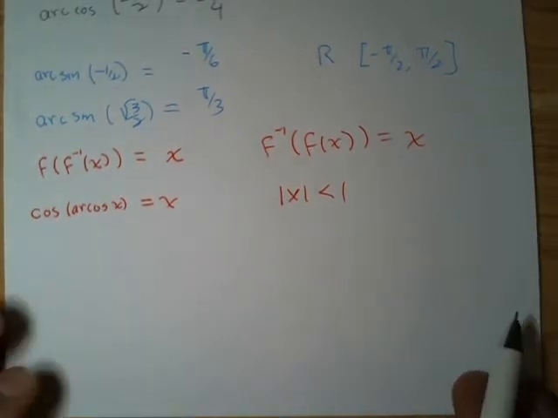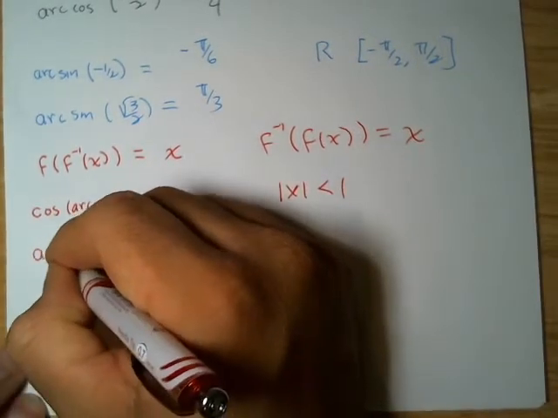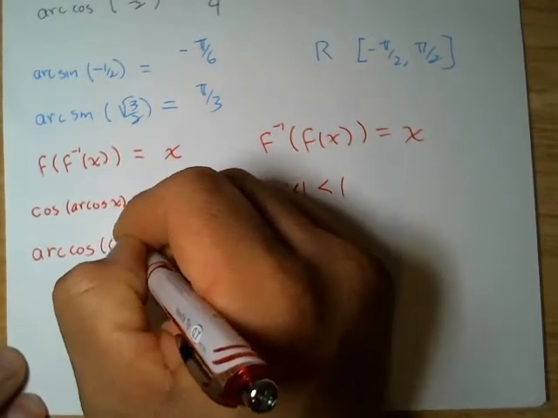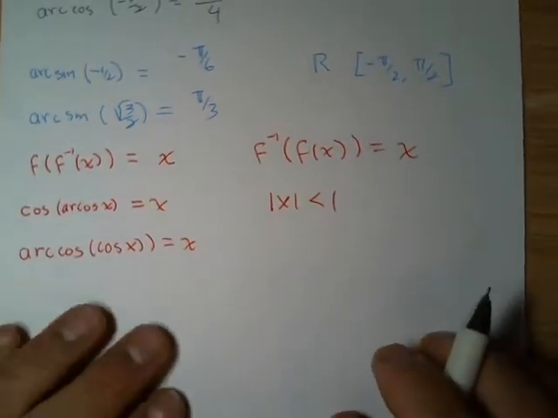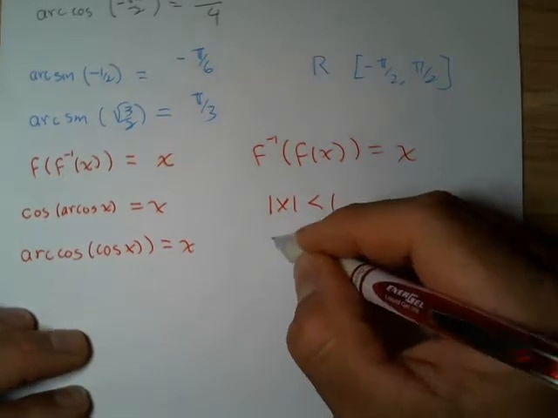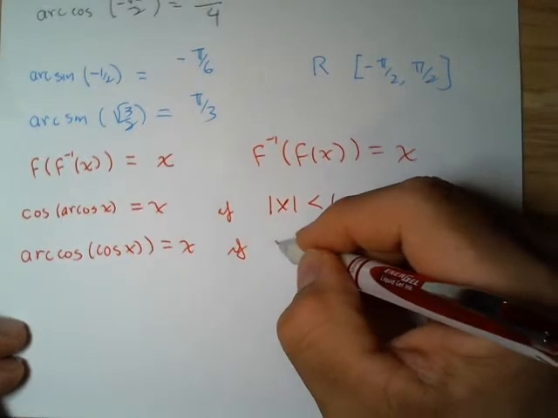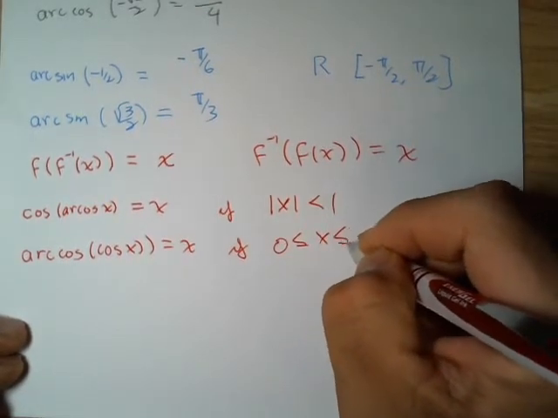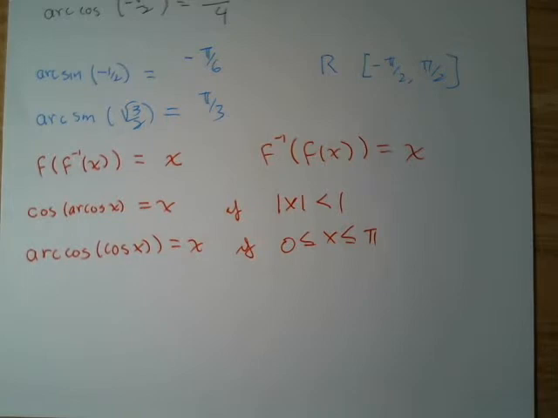The tricky part is when we flip around to the arc cosine of cosine of x. This is equal to x as long as x falls between 0 and pi. And that has to do with the initial restricting of the domain